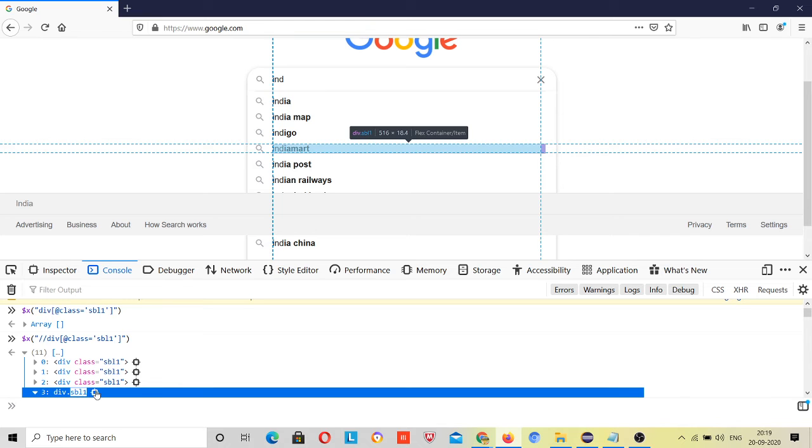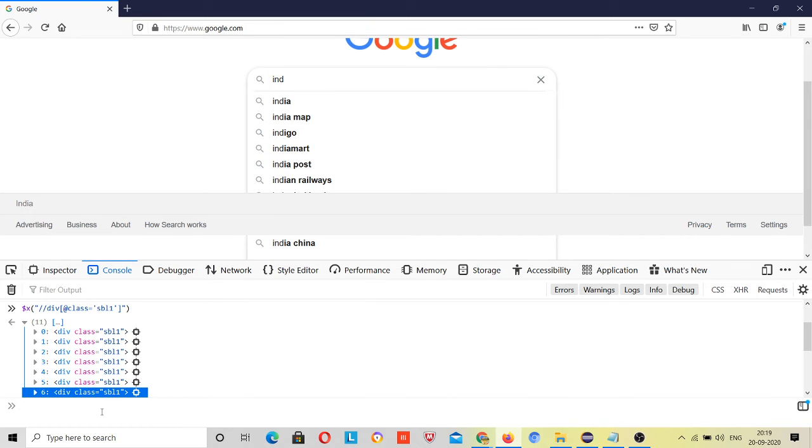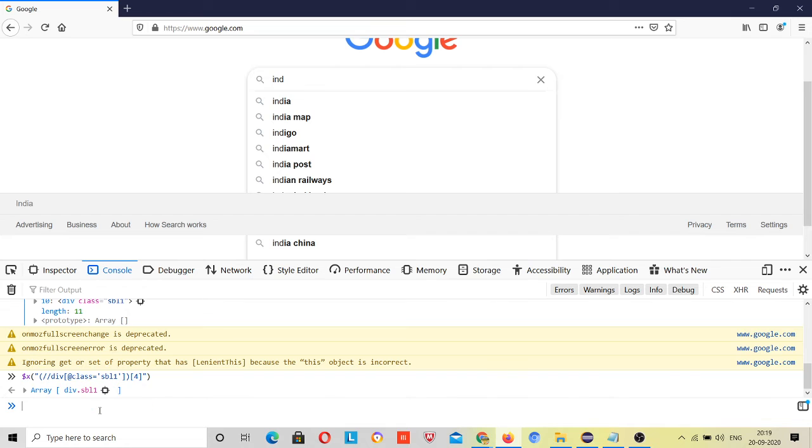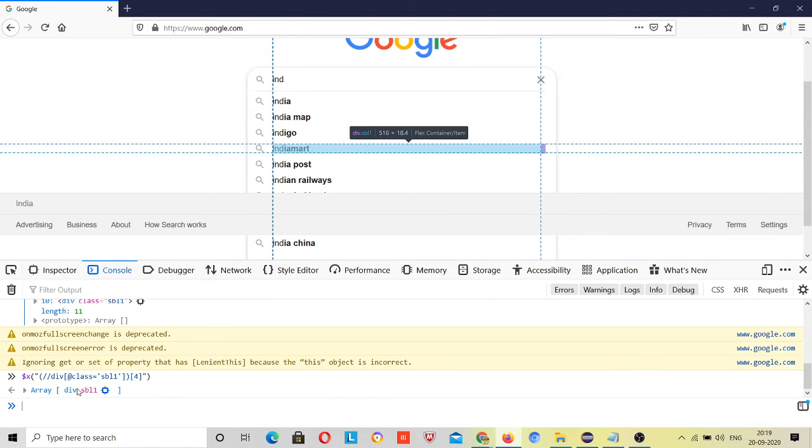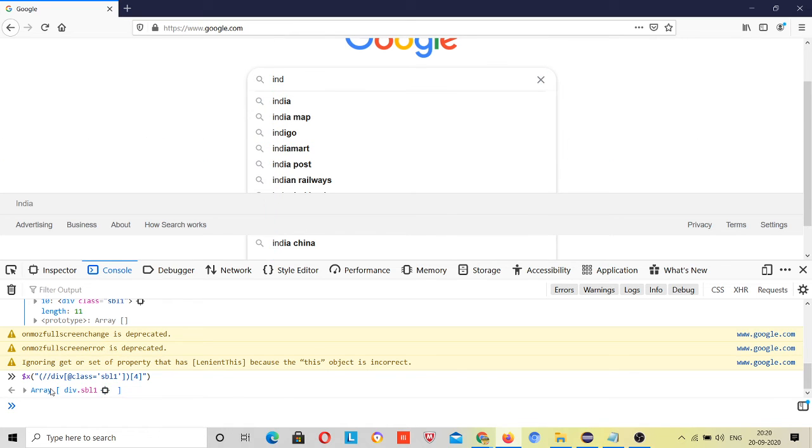So what I need to do is come here and use $X, close it, and give index 3, or value 4. Click on it. See, this is only one element now, but for that you have to know what your index is, and then you can click on that.